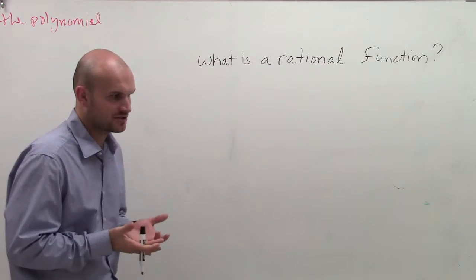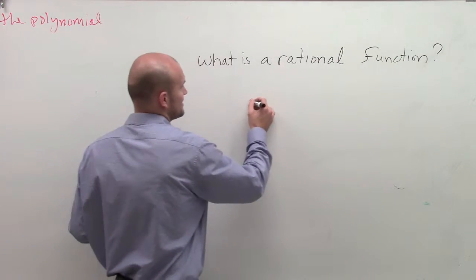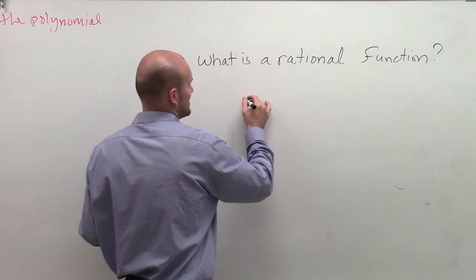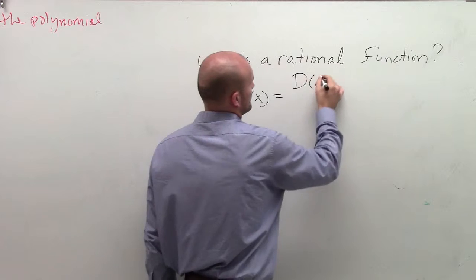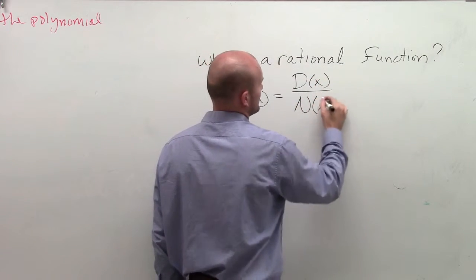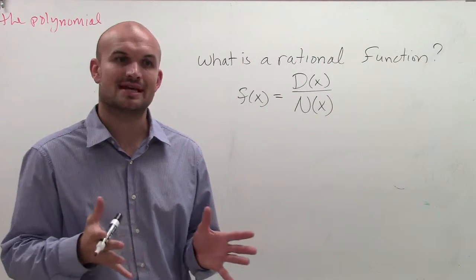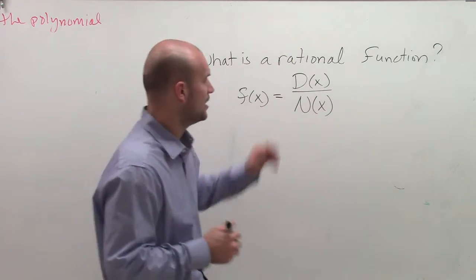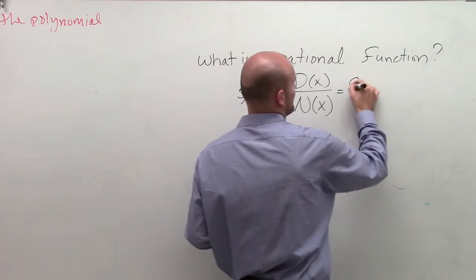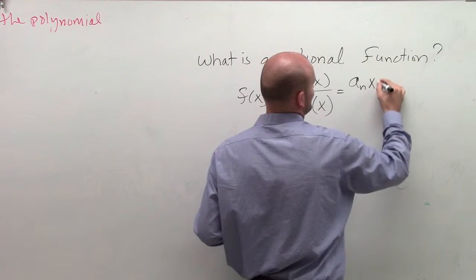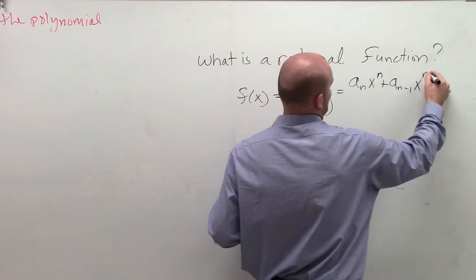So when dealing with rational functions, we have our functions as polynomials. So we can say that a rational function, let's say f of x, is equal to d of x over n of x, right? And each one of these functions can take the shape of a polynomial. So we could have a_n x^n plus a_(n-1) x^(n-1)